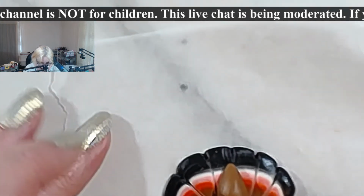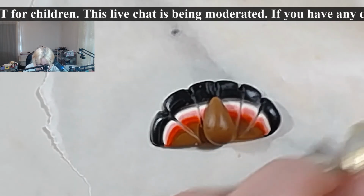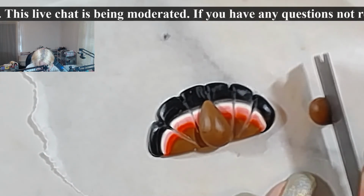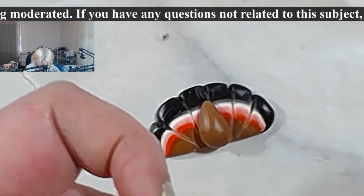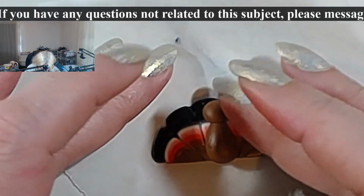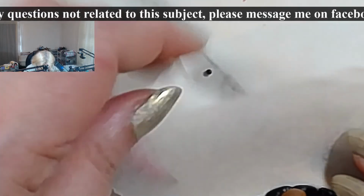And then we do the same for the head. Gonna cut it in half, and I'm rolling so I don't flatten my head on just one side. Place the head on top of here, and the same thing, we're gonna